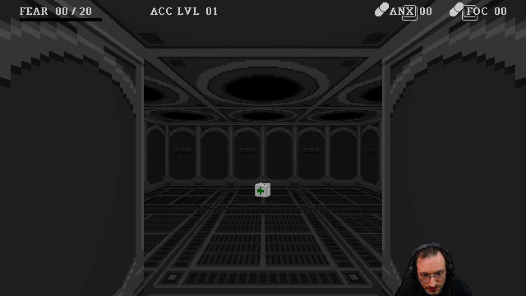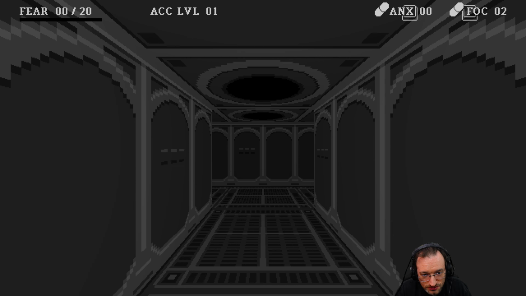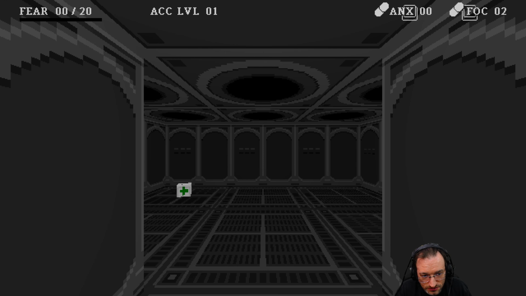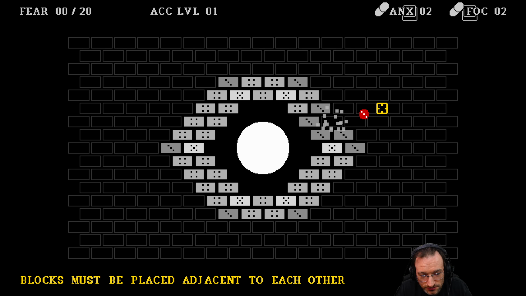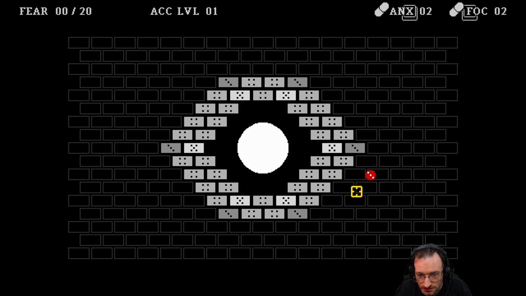This one is closed. Maybe we need a key for... Yeah, we have access level 1, so maybe we need a key for access level 2. More pills. This time anxiety pills. Blocks must be placed adjacent to each other. I am not sure what I'm supposed to do. We can...